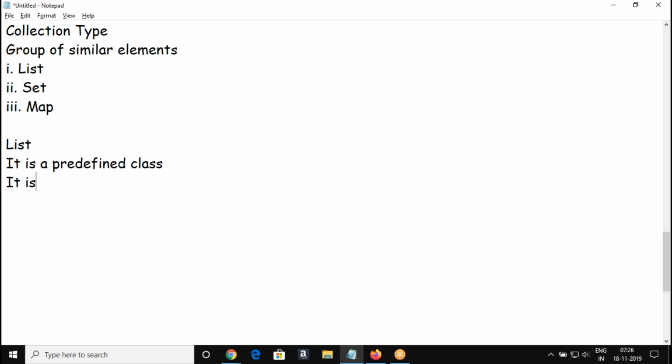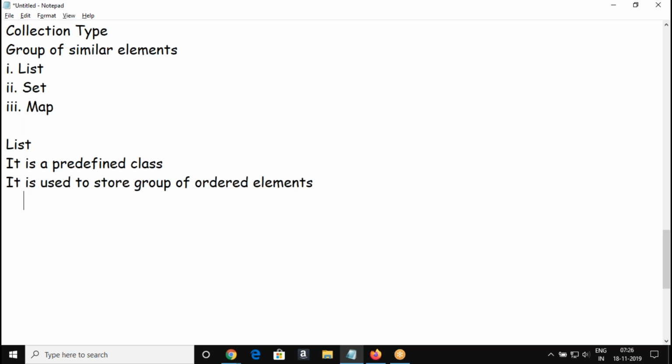It is used to store a group of ordered elements.